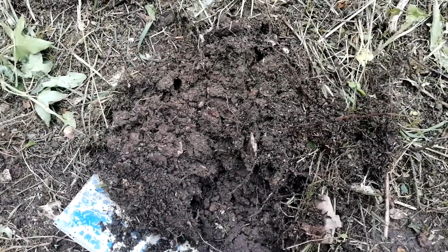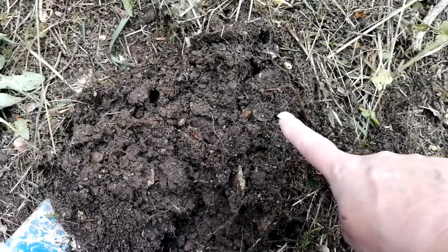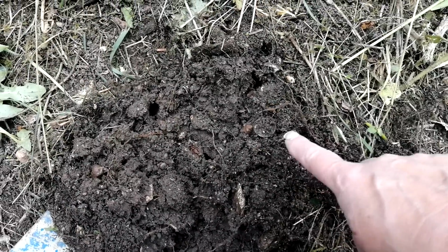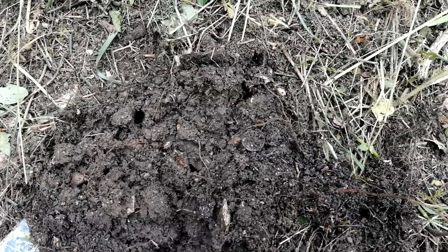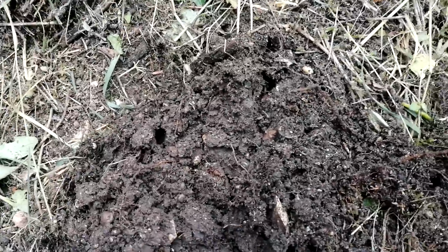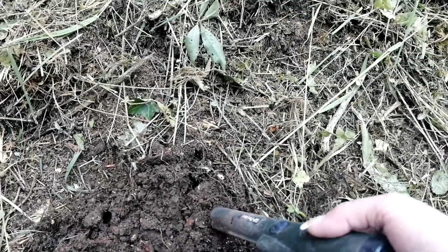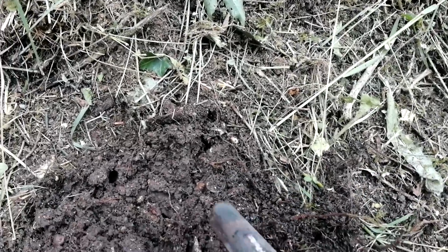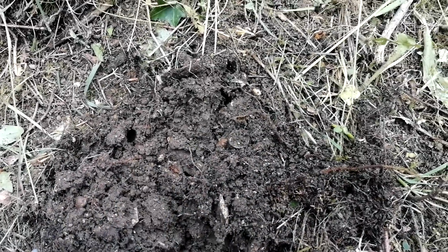Anyway, I've just got another signal and I've just turned it over, and I don't know if you can see, I haven't checked it out yet, but I think I found a roundy thing. Can we see that? It looks like a roundy thing, so I'm going to dig that out now and then I'll show you. Let's just turn my pinpointer on. Yeah, it's definitely metal. Let's hope it's gold. Don't think it looks like it, but